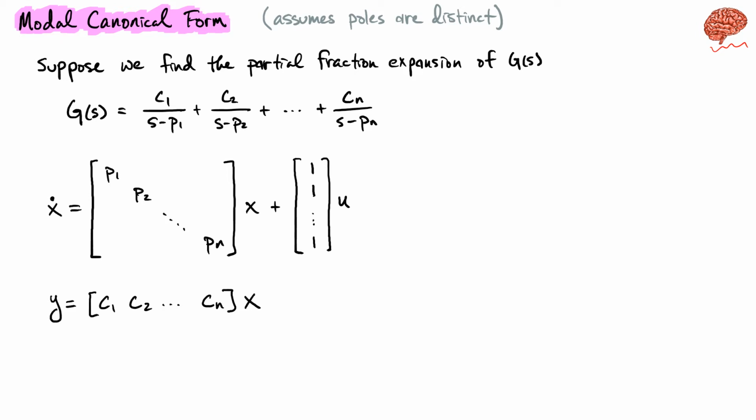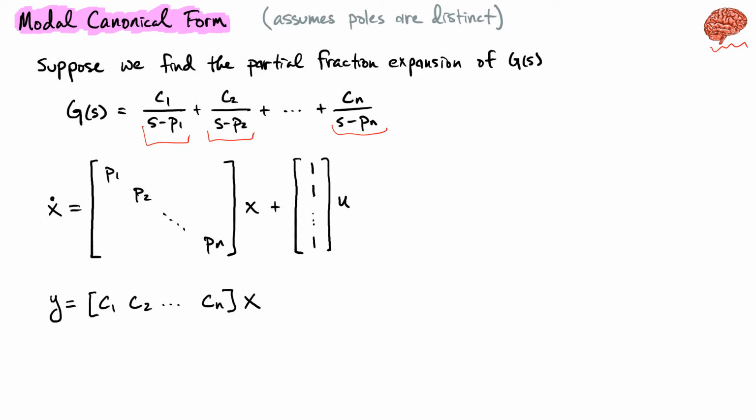This canonical form is called modal canonical form because it highlights the modes that represent the dynamical behavior. We've talked about modes a couple of different ways already. One way we can see that is if you do the partial fraction expansion of your transfer function, then you get each term, and each of these terms represents a different mode. These could be either real poles or pairs of complex poles, but each of these represents a pole of your